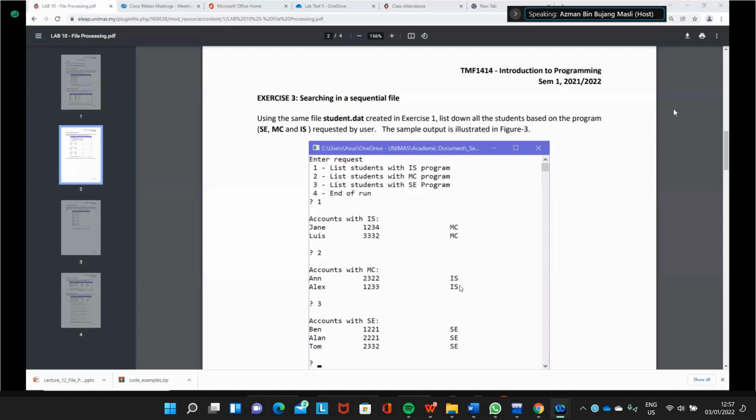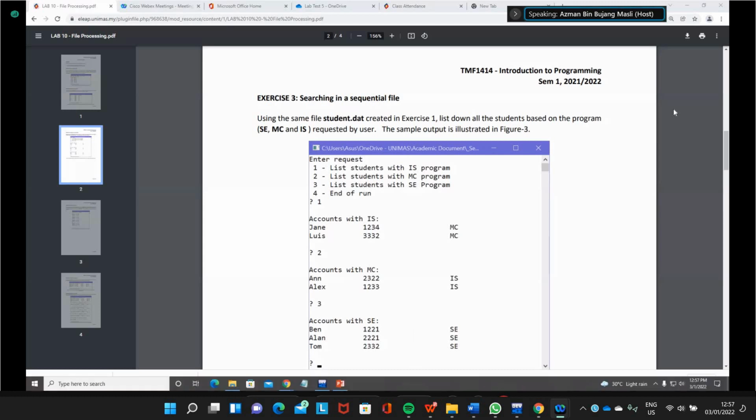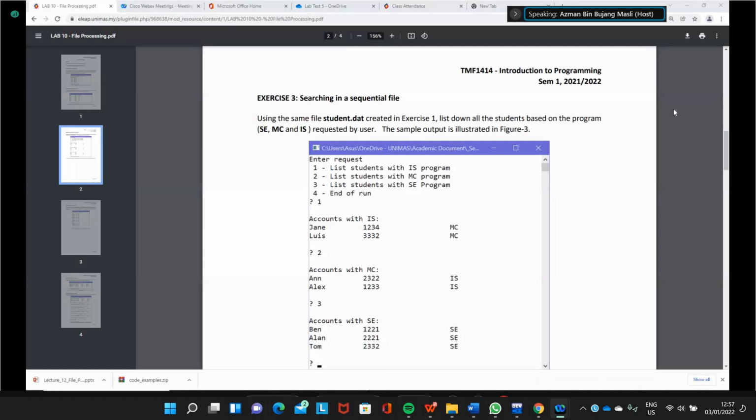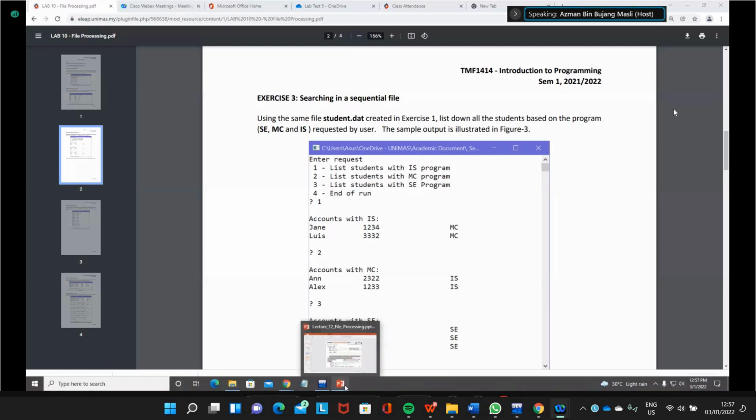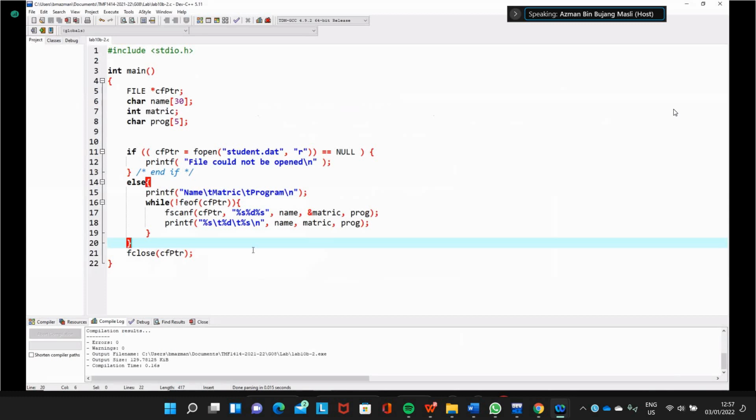So the sample run is not correct. So we can check whether the student is in the right program or not. If they are in the right program, then we print out the name.